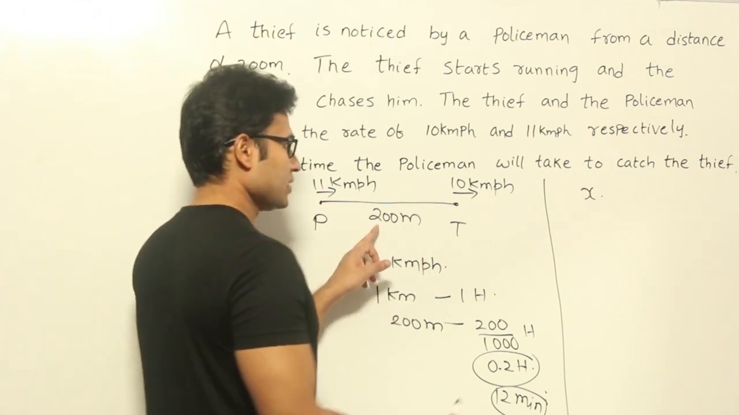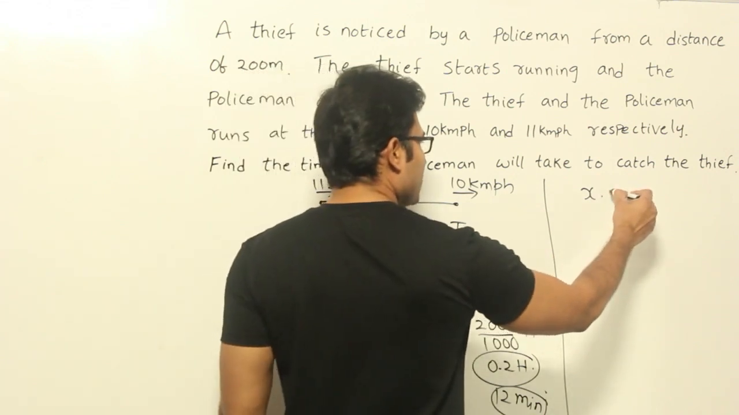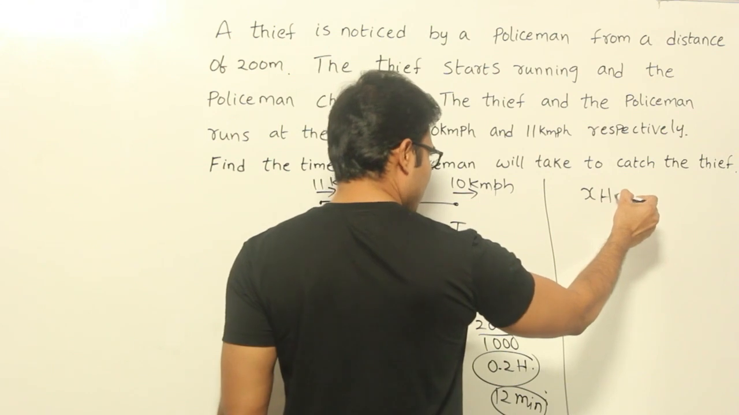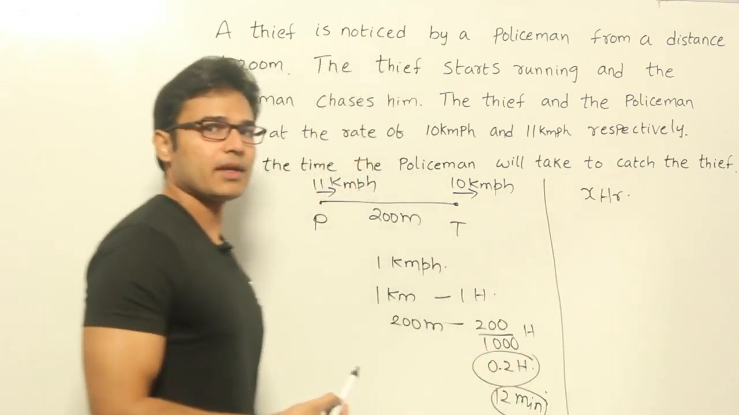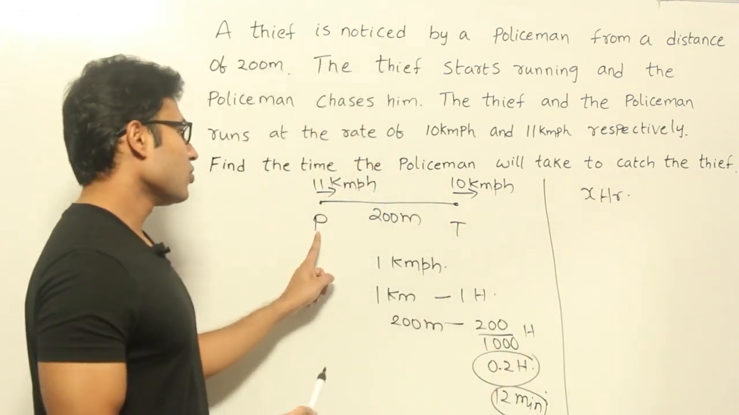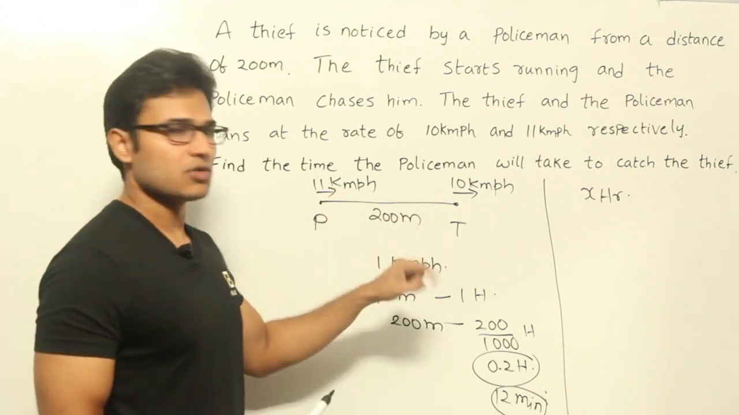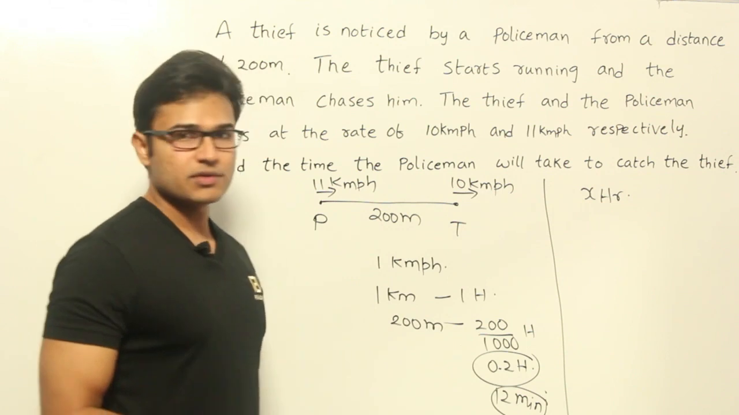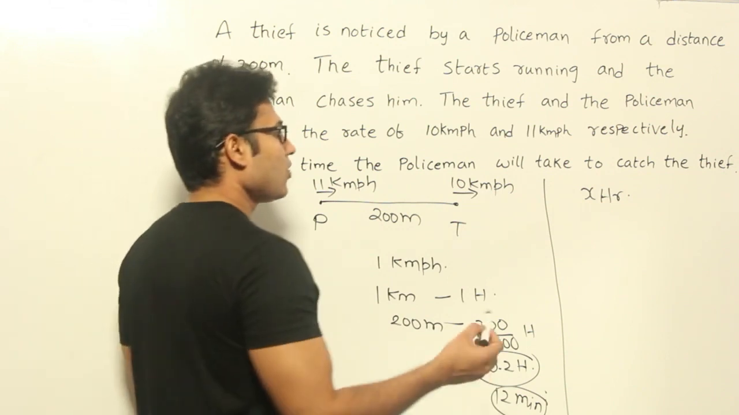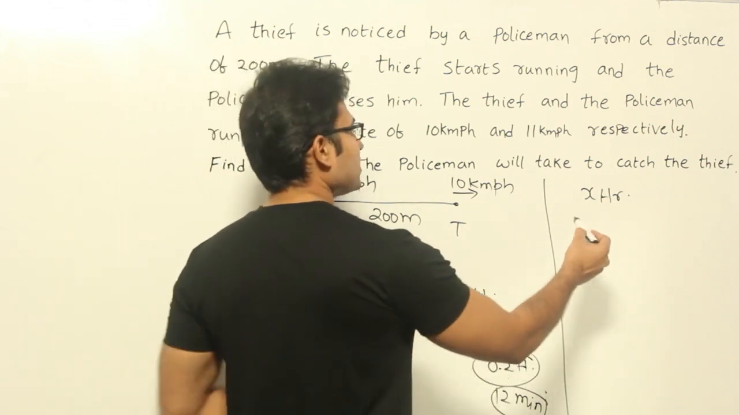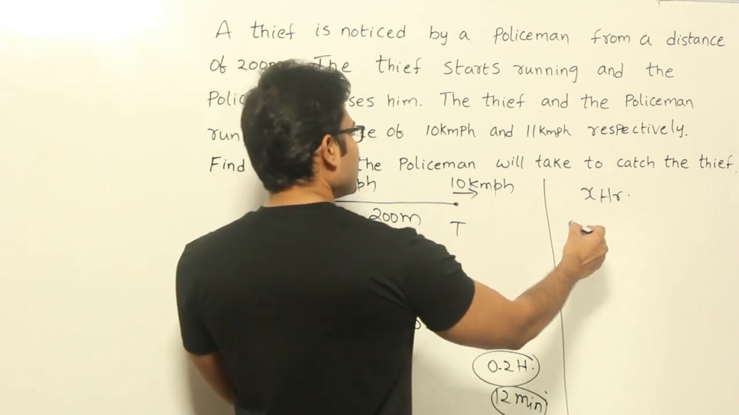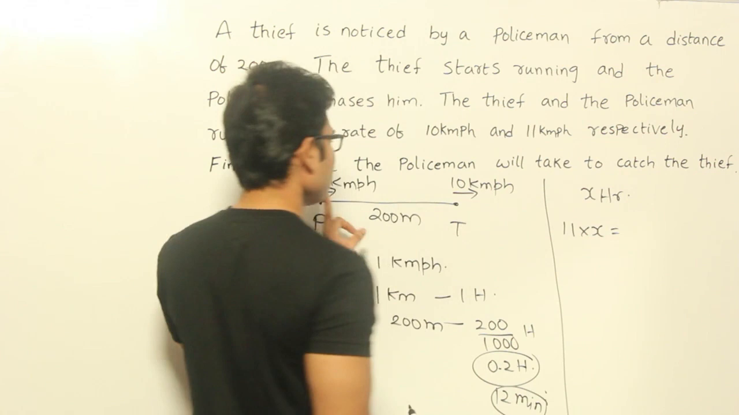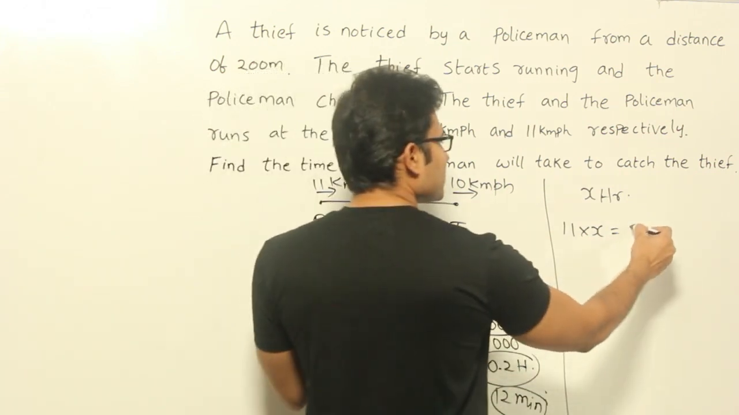So what I mean to say is, if you assume that the time taken by policeman to catch the thief is x hours, right, then the distance covered by policeman in this x hours should be equal to this 200 meters plus the distance covered by thief in those x hours, right? Now how to do that? Now let's see, what is the distance covered by policeman? It is going to be 11 into x. This should be equal to 200 meters